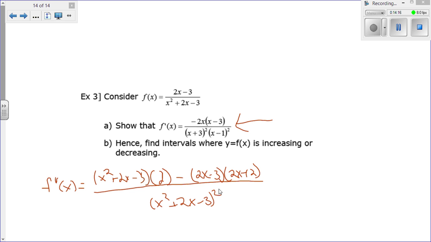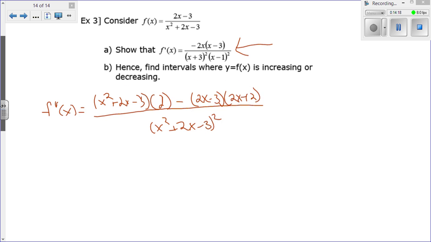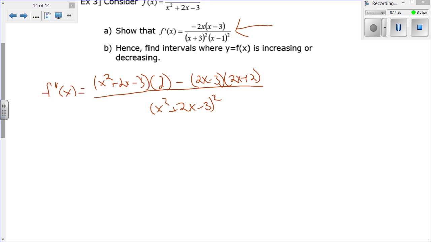The whole thing is a quantity squared. Alright, this is where the fun part comes in. Distribute your 2: 2x squared plus 4x minus 6 minus, I need to double distribute or FOIL it, and I will get 4x squared plus 4x minus 6x minus 6